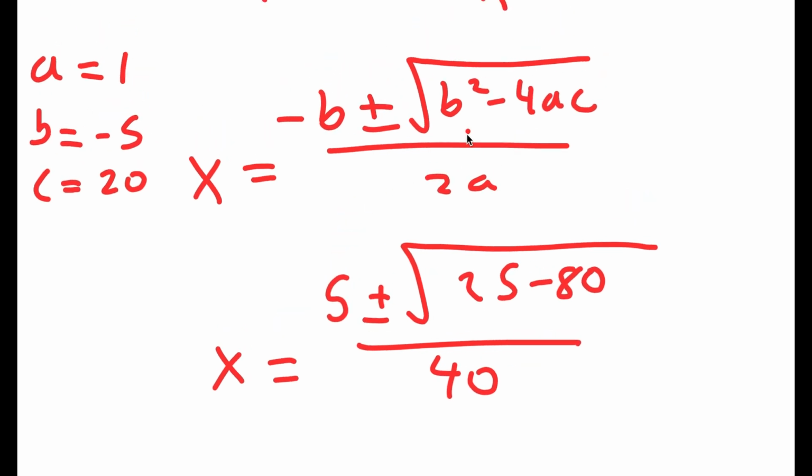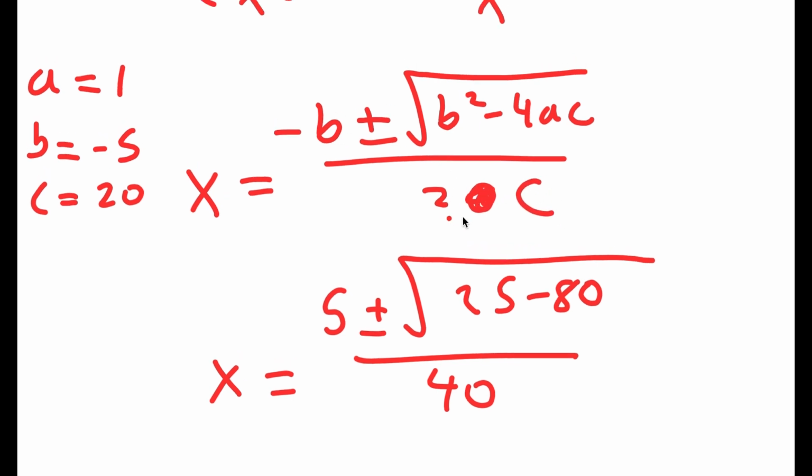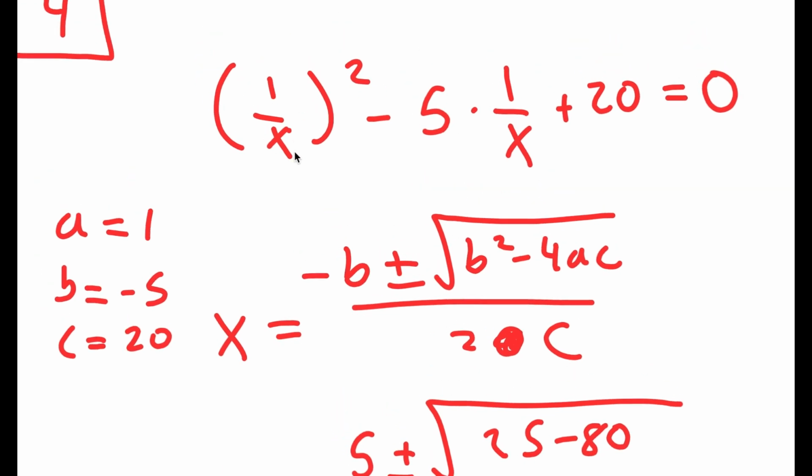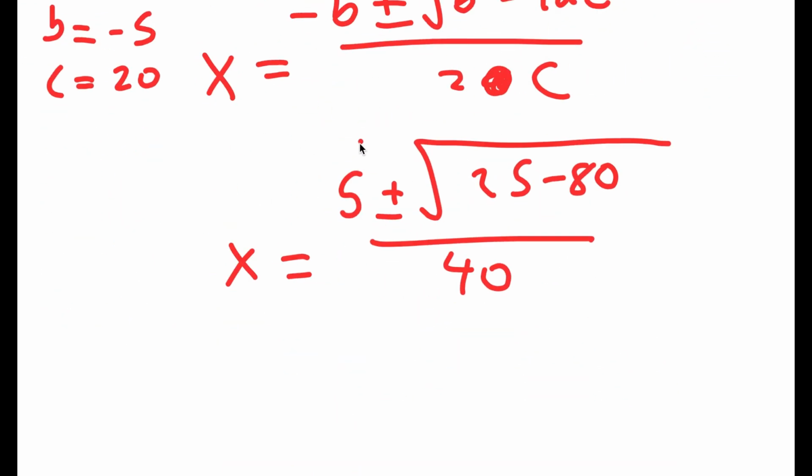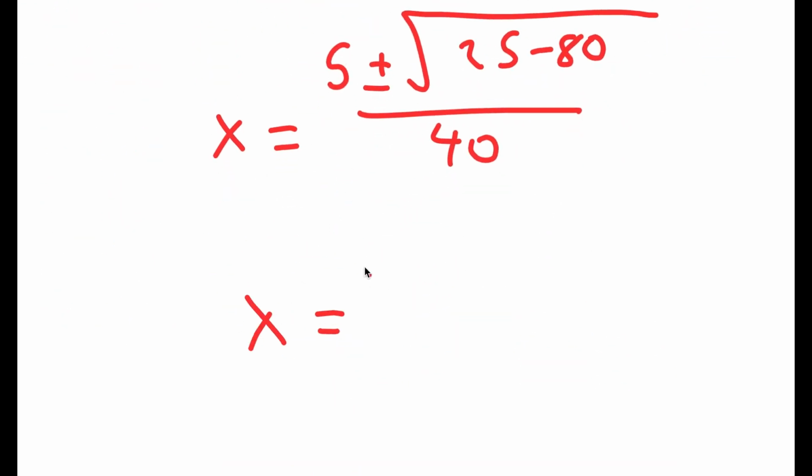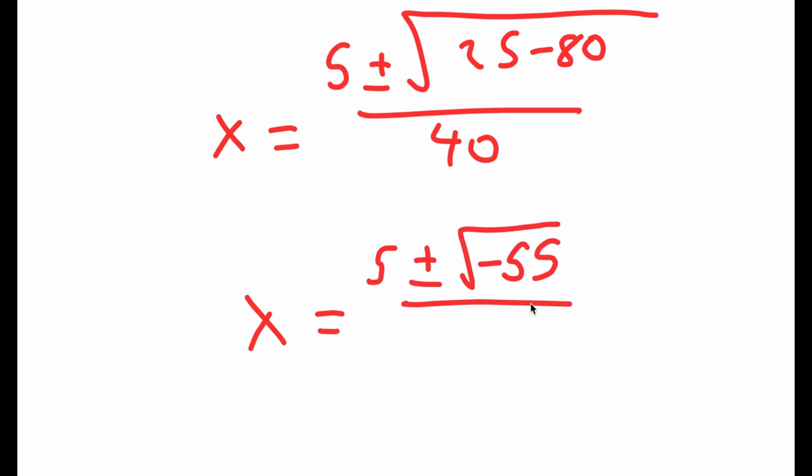And by the way, this quadratic formula is over 2c because this is an x, this is 1 over x. So now I get x is equal to 5 plus or minus the square root of negative 55 over 40,